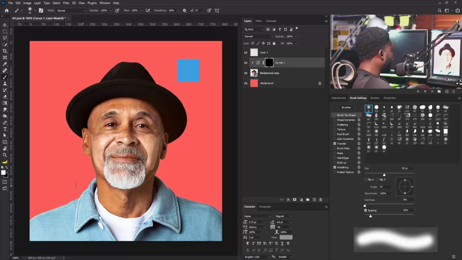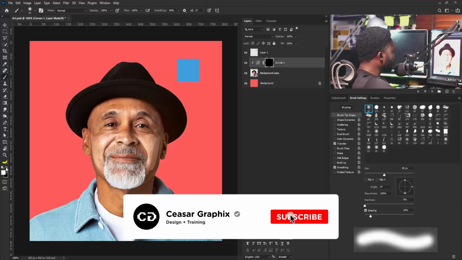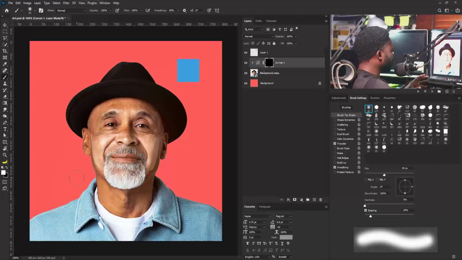So I'm just going to apply that curve adjustment now. But before I do that, I need you all to know that your foreground should be set to white when you are applying the brush to the mask of the curve. So I'm just going to do it now. All right, so this is good. So in order to make this stronger, I'm going to add hue,